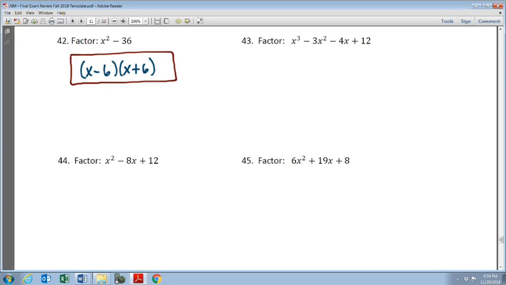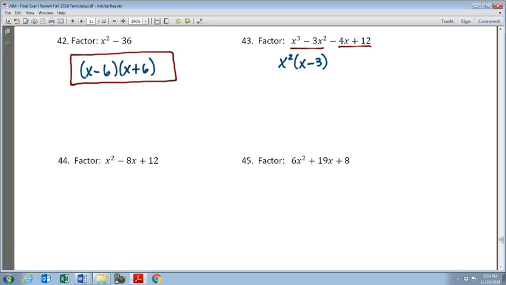On number 43, you've got four terms, so we want to factor by grouping. You can see the first two terms have a common factor of x squared. And then x squared times x would be the x cubed, and minus 3 would give you the minus 3x squared. Now, when we factor these two terms, we could factor out a negative 4, and it'd be negative 4